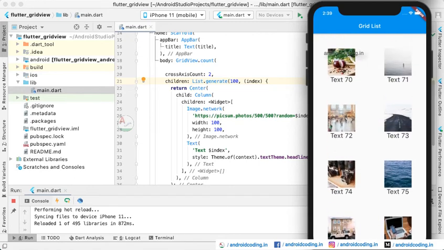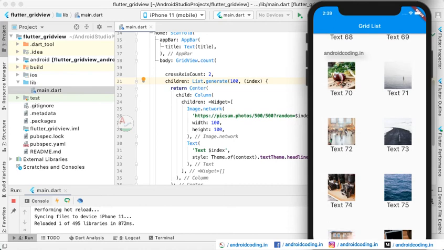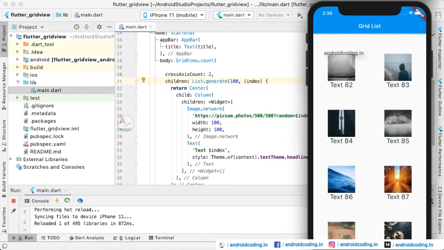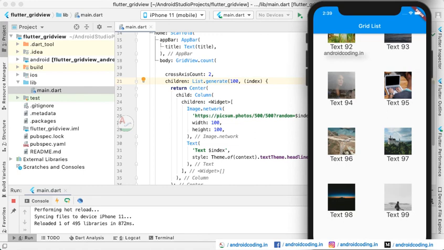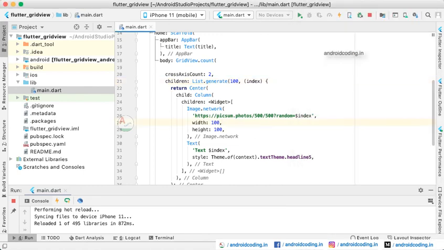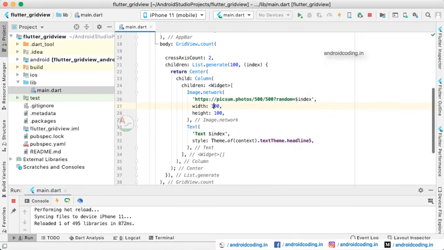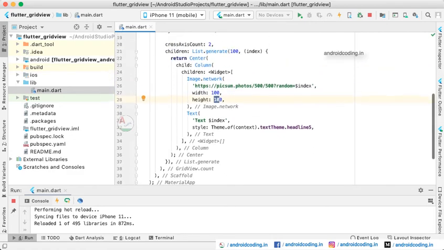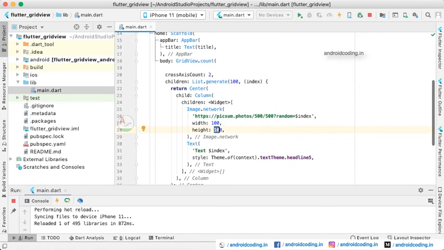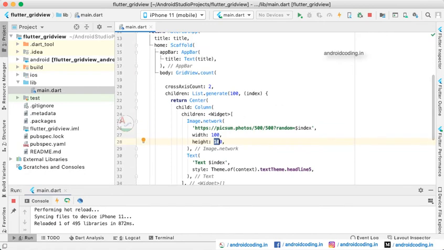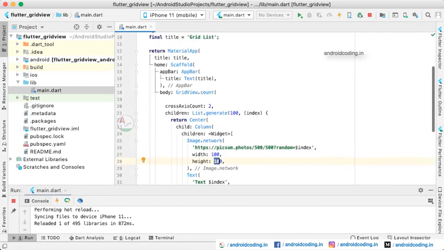This particular grid is dynamically generated, so we get as many items as we load. Here again we are restricting the width and height of the image, and for the text there are no restrictions, as the text size is limited by default.